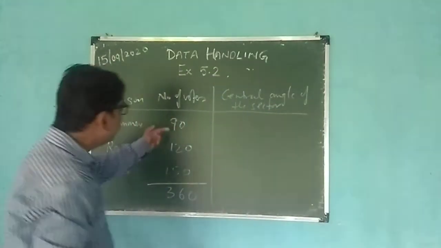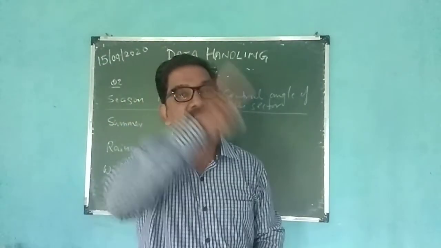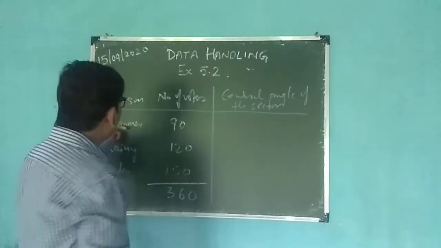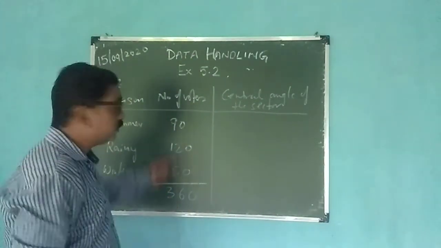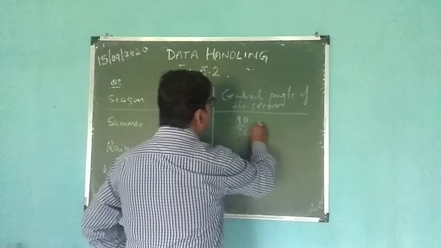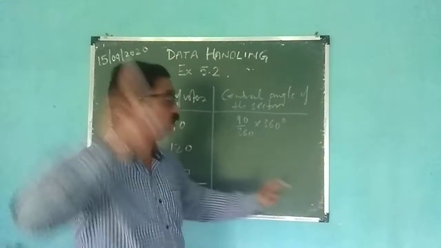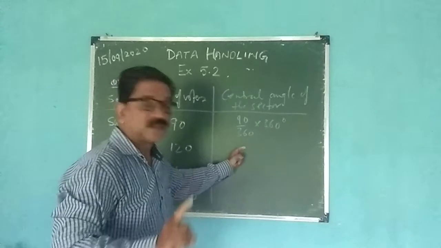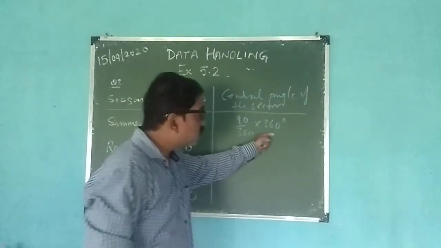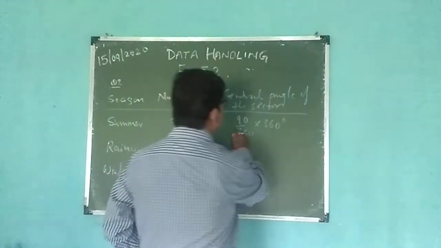Okay, now see here. Now how to get this? Now we know that a circle means 360 degrees. So into 360 degrees will be common. Now what is the part of summer out of this total? There is 90 by 360 into 360 degrees. This 360 degrees is because of the pie chart, not because of this. If the number is different here, suppose it is 540, then 540 will come here, but into 360 degrees will not change. It will remain the same. So you solve this, you will get the answer.